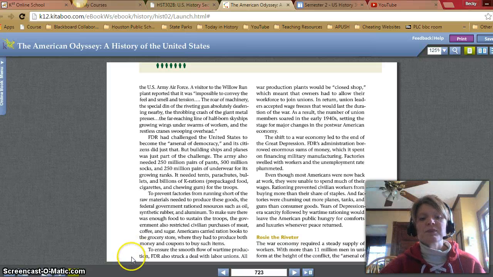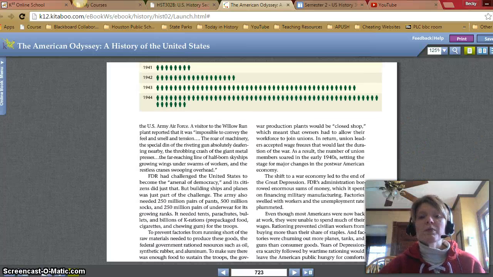buy such items. To ensure the smooth flow of wartime production, FDR struck a deal with labor unions. All war production plants would be closed shop, which meant that workers had to allow their workforce to join unions. In return, union leaders accepted wage freezes that would last the duration of the war. As a result, the number of union members soared in the early 1940s, setting the stage for major changes in